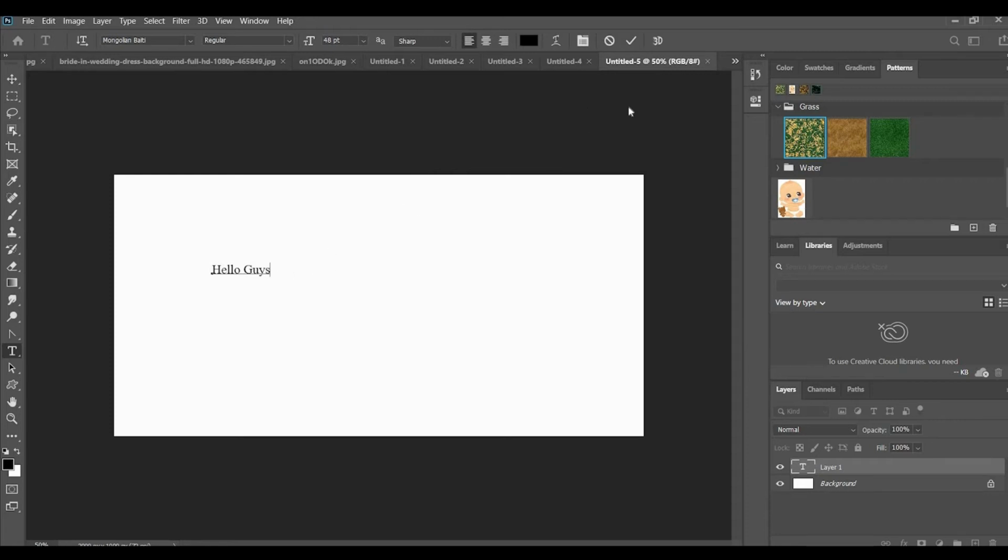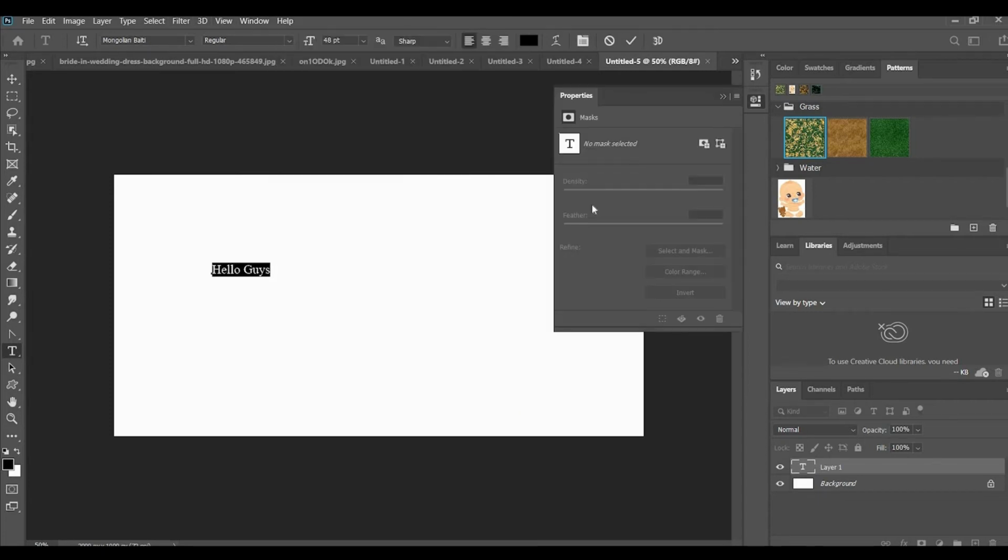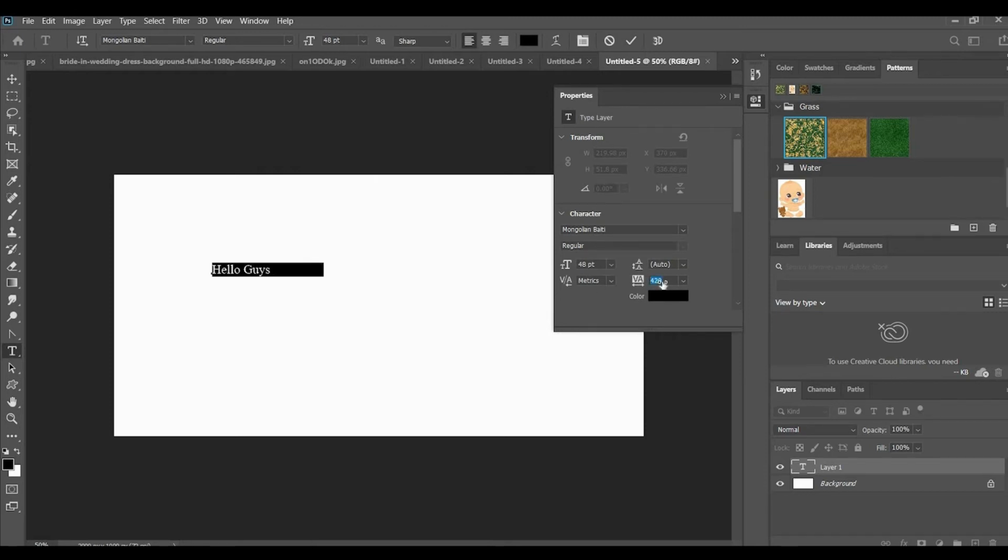Okay, for this, click on window and open properties. So we can increase the length like this.